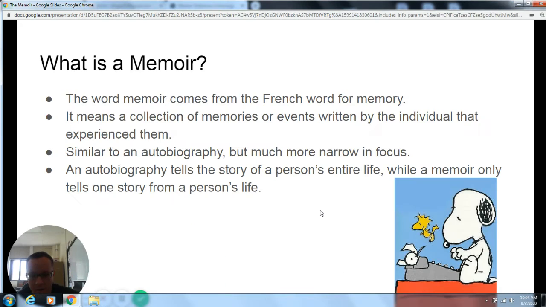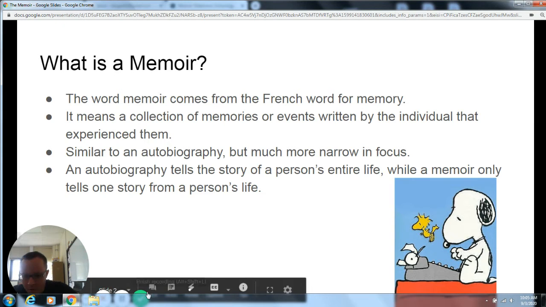The word memoir comes from the French word for memory, and it's similar to an autobiography, but it's much more narrow in focus. So for an autobiography,